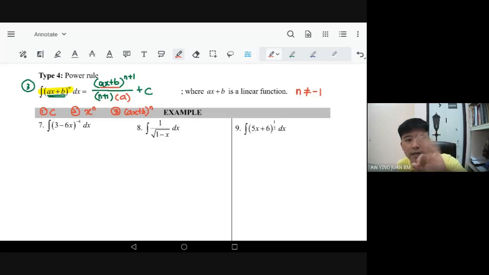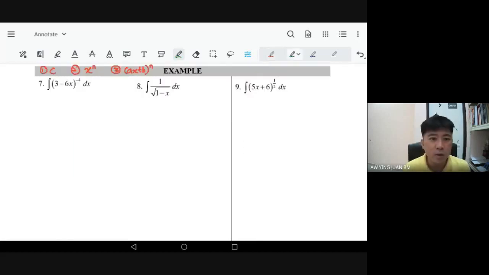So saya dah belajar 3: 1, 2, 3. So number 7. Jom. Rules yang ketiga. Ax plus b must be a linear. Kalau ax square, maksudnya dia bukan rules yang ketiga. You tak boleh integrate cara 1, 2 atau 3. You kena buat cara lain. So untuk ini,